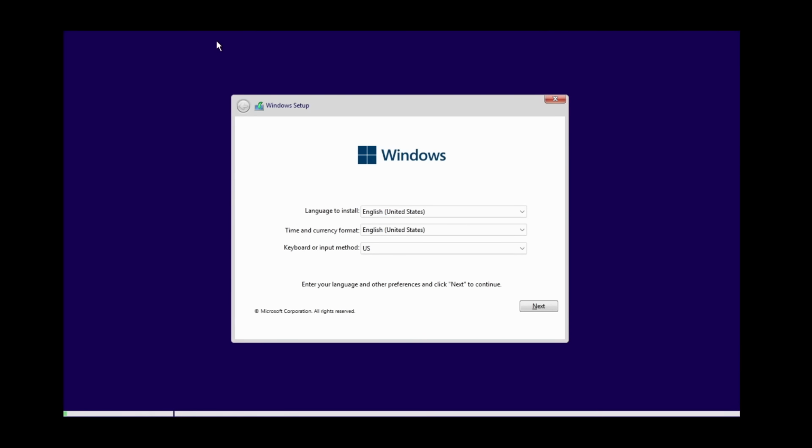Now, this particular XML file will leave some options still available. For example, you can pick which keyboard you want. There are a few things to ask, but not very many. And then once the installation process goes through, and of course, there are a few reboots along the way,